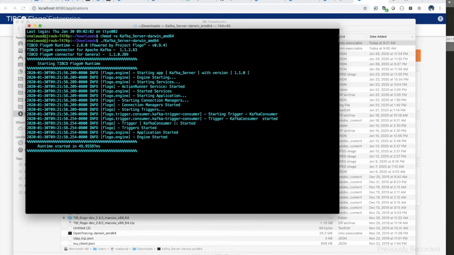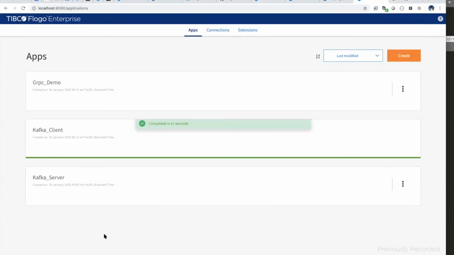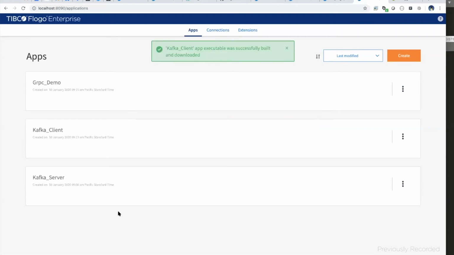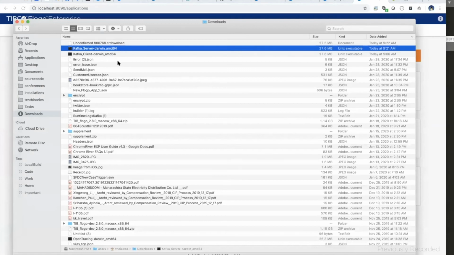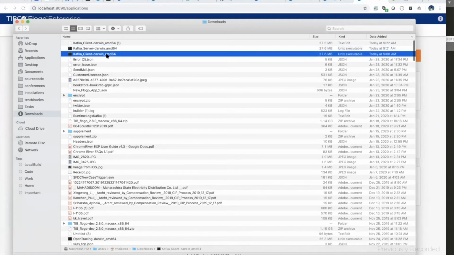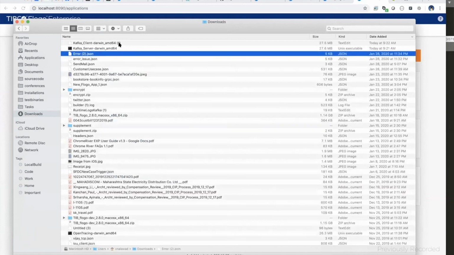Okay, so the Kafka server is started. So let's wait for the client to be ready. Okay, so it is downloading.